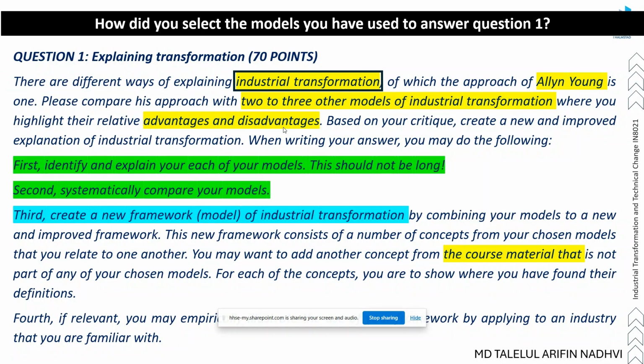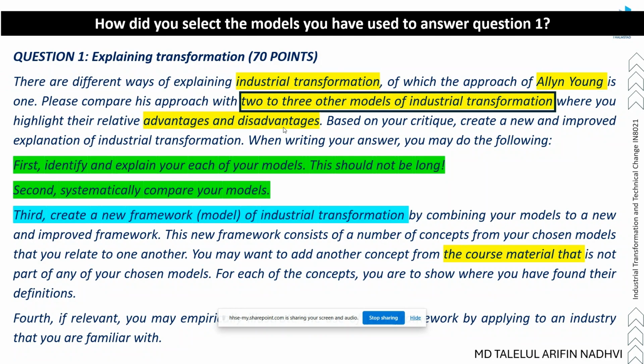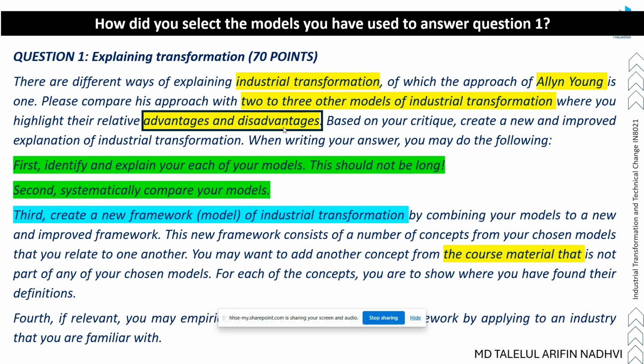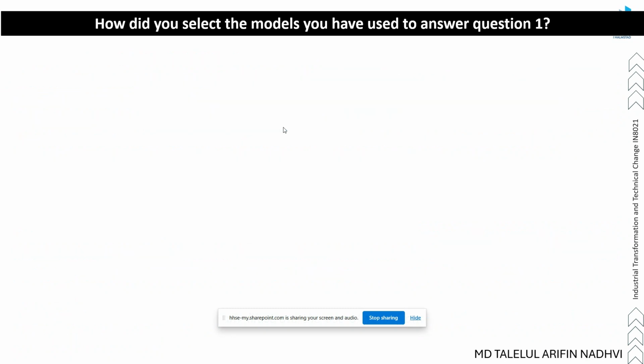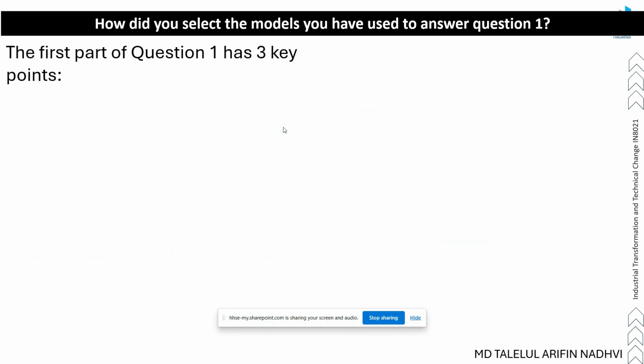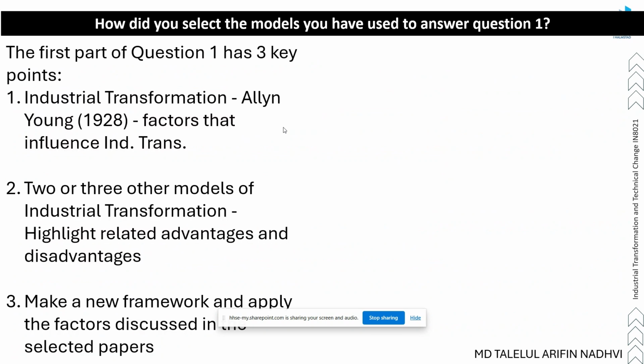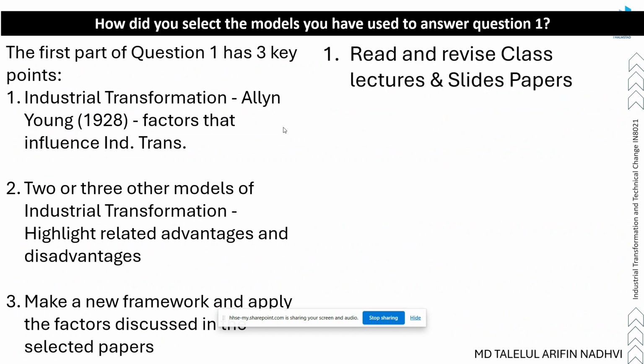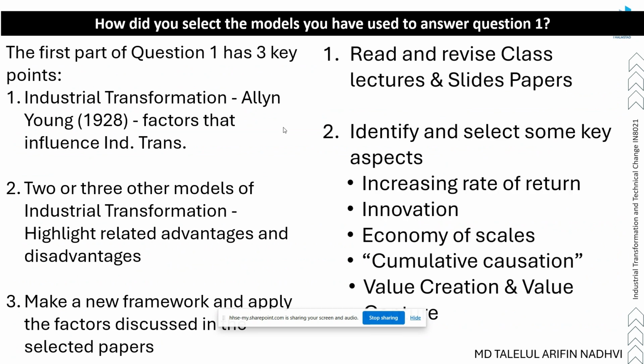In question 1, we have to explain industrial transformation like Allyn Young and with two other or three models, relative to their advantages and disadvantages. So if I'm not mistaken, question part one has three key points. First of all is the industrial transformation, and the aspects and factors that ignite or influence this industrial